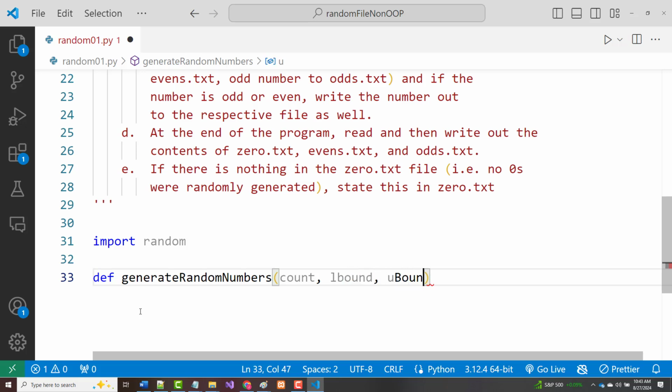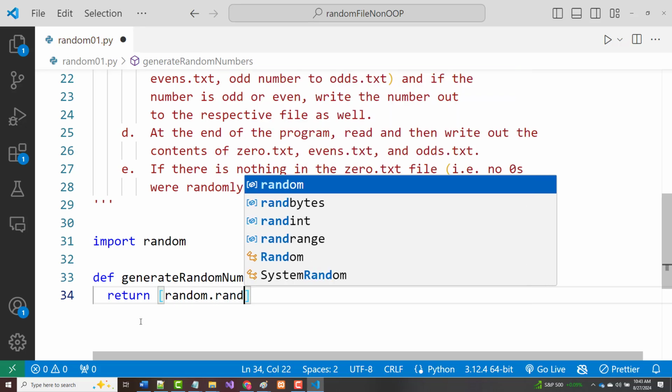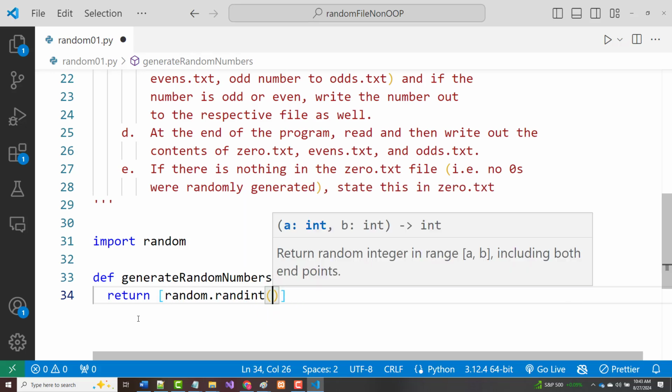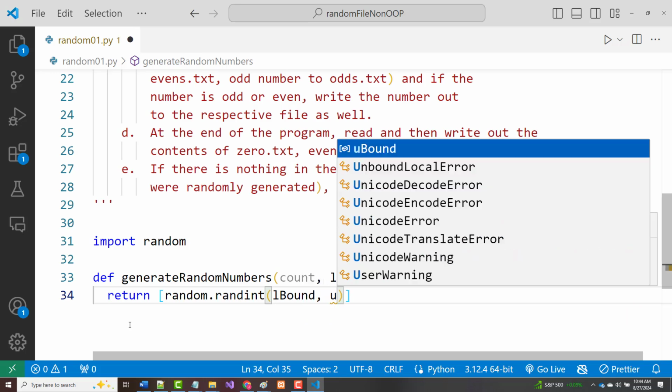L bound is the lower bound, that's going to be 0, and U bound is the upper bound, and that's going to be 100. So we will return random.randint with L bound, U bound,